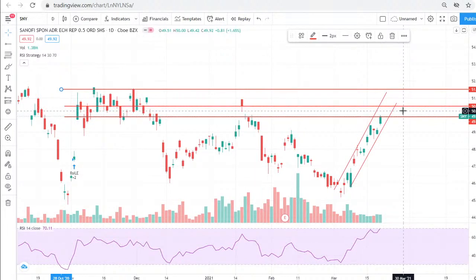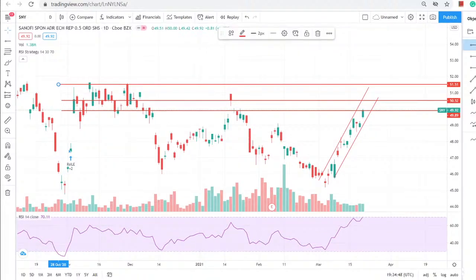So for you, I think it's better to sell it off here, realize your profit, or at least book 50% of it, and then wait for the next move. If it goes up, book the remaining 50%. Or if you are very, very closely monitoring it,